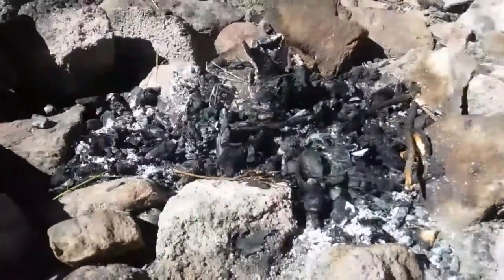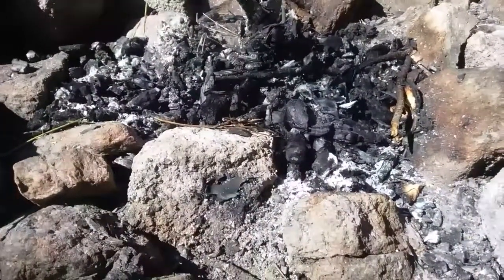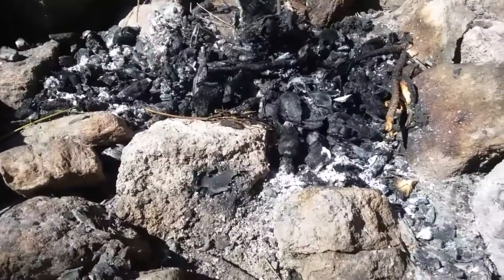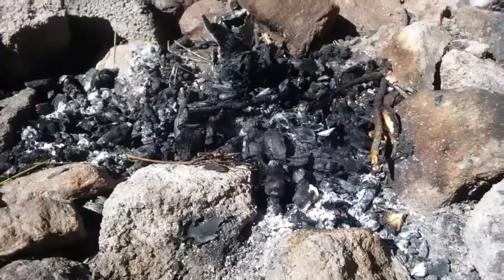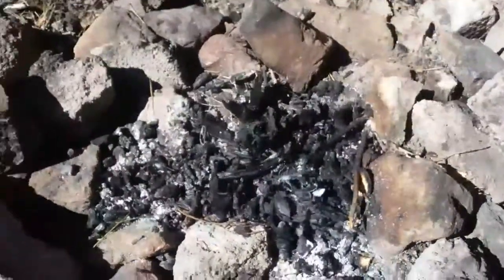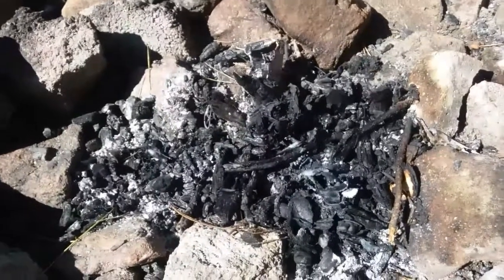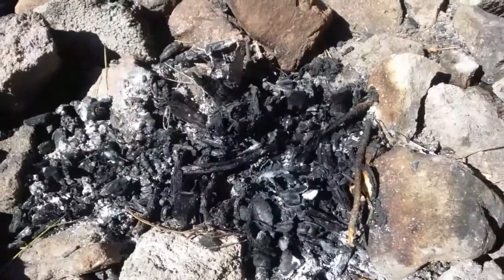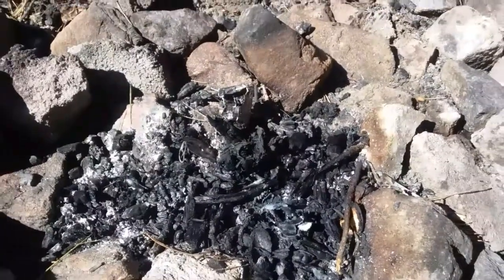Don't ever leave a campsite with an unsure fire. Always put water on the white ashes. That's the hottest part. That can be outside of the center of the fire, of course. When you pour water on it, do it nice and slow, because otherwise all you're doing is just dumping excess water down the bottom. Of course, dig it out a little bit before you use it, because that stuff can